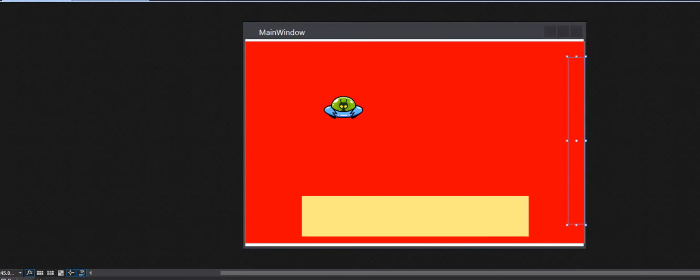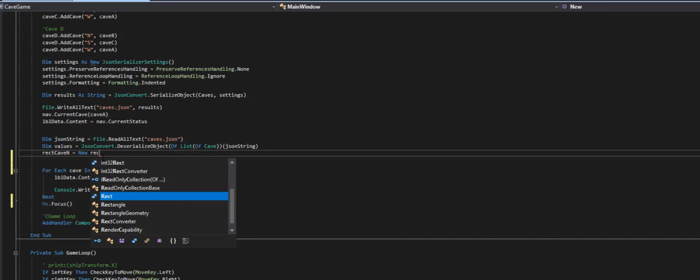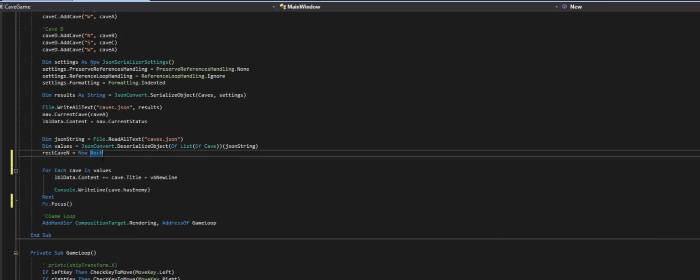And I want the dimensions of that east cave. So the way I do that is I'm going to go ahead and call upon this new rect, say a new rect, and then I'm going to give it the